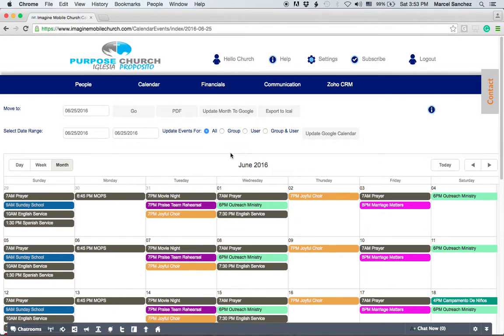Now, let's say for an example, you want to synchronize and integrate this calendar with either Google or Outlook. It's very simple. Let me go back just a minute to our user profile. Here's what you would do. In Google, you have a calendar ID that's found within your settings of Google Calendar. So in this case, I would go back to my profile,